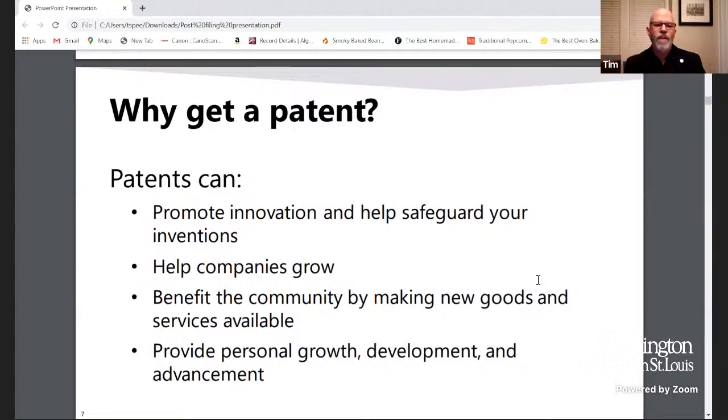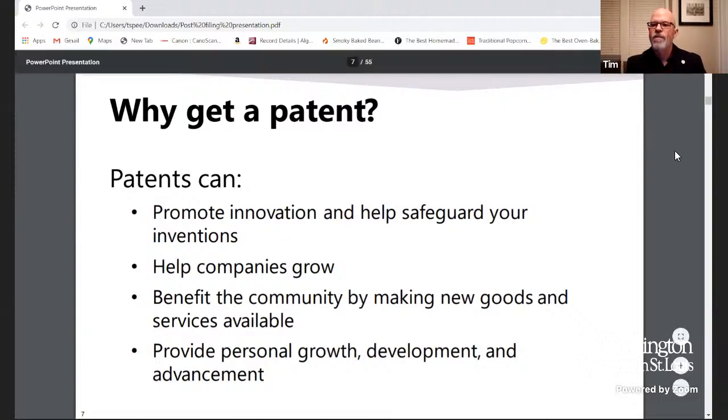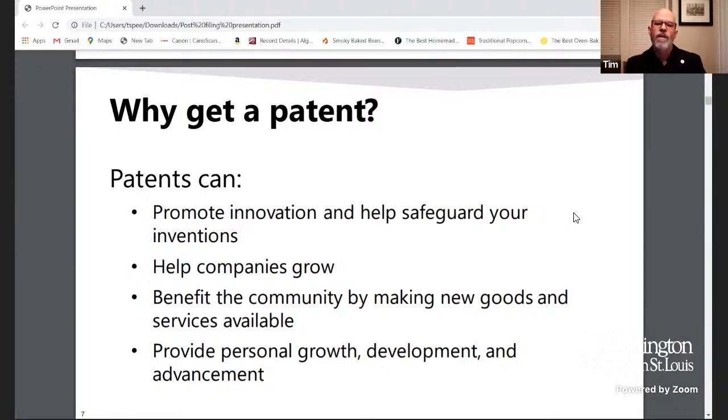And again, if you have any questions, please put them in the chat and someone bring them up to my attention if you can, because I'd like to make this as interactive as we can. A lot of this is very detailed about specific requirements or filing, and I'm going to kind of skip over a lot of that. Not that it's not important, but we can find that in other places, and we'll tell you where to get that.